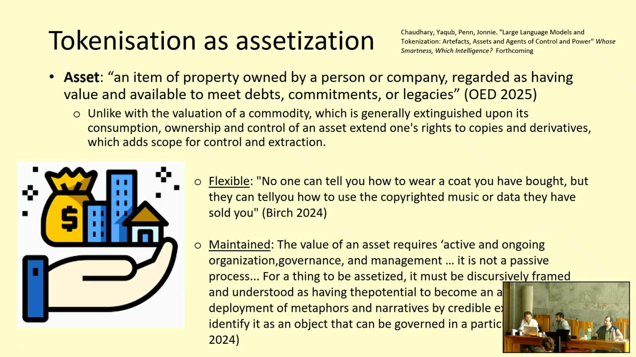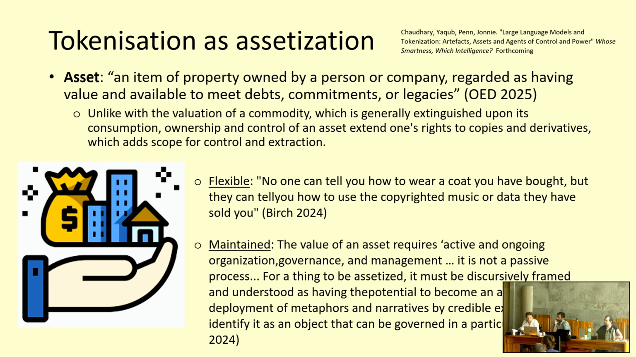Final step, assetization. So I mentioned Kean Birch. An asset is an item of property owned by a person or company regarded as having value and available to meet debts, commitments, or legacies. The critical piece to understand here is that unlike the valuation of a commodity, which is generally extinguished upon its consumption, ownership and control of an asset extends one's right to copies and derivatives, which adds additional scope for control